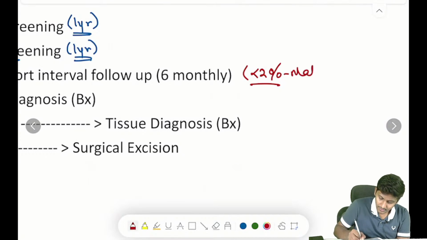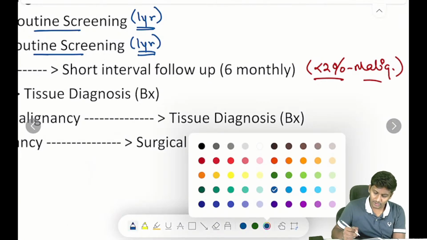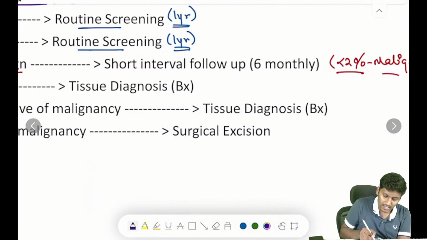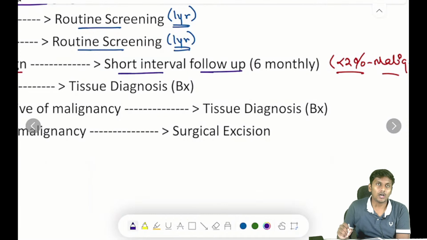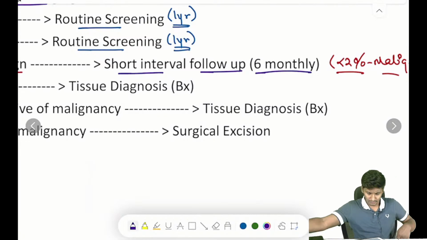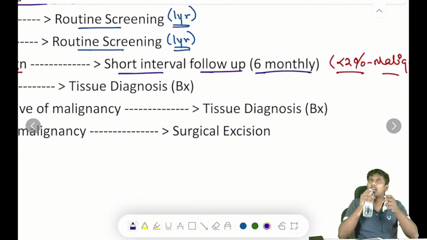can be malignant. Okay, so in this condition he is not sure, so in that condition it's better that we don't go for a routine screening, rather we ask the patient to come for a short interval follow-up. We ask the patient to come for a short interval follow-up definitely, and short interval follow-up is done every 6 monthly. ठीक है, हर 6 महीने में बुलाओगे, rather than 1 year you will call the patient every 6 months, every 6 monthly, and you are going to do a triple assessment in this patient. ठीक है,